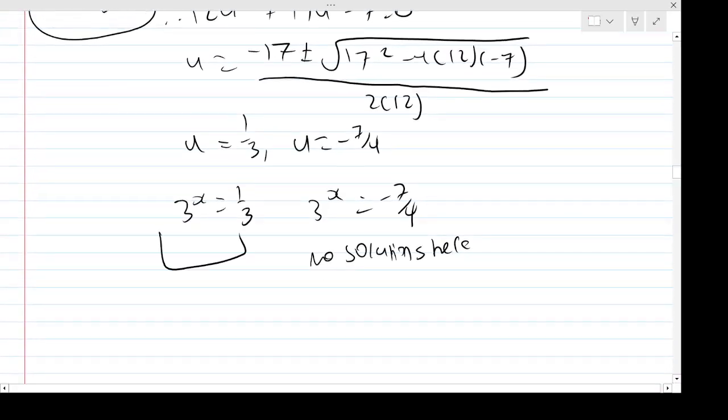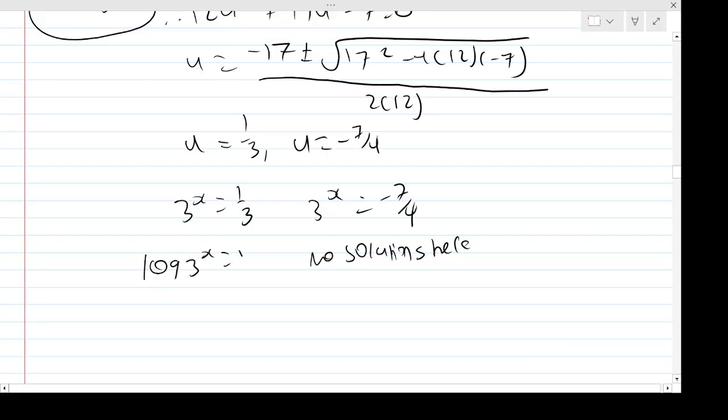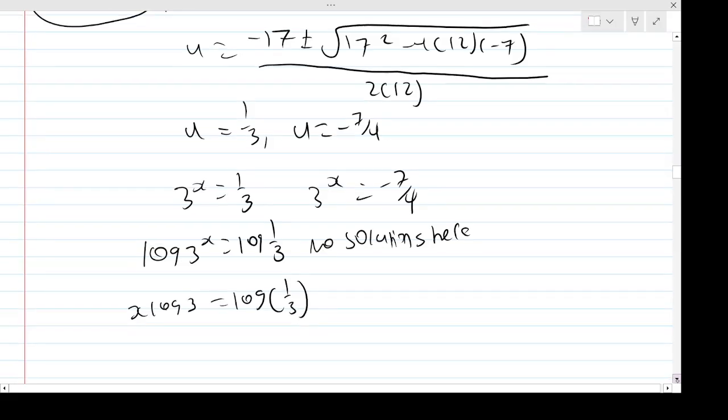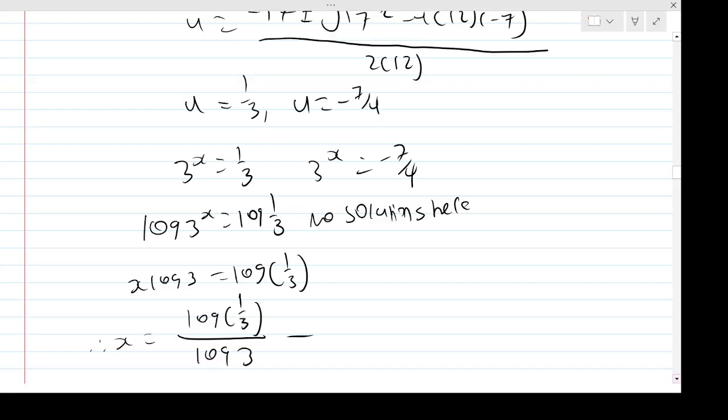Okay, so then we can solve this equation. So 3 to the x is a third. Again, you probably won't spot what the solution will be if you think about powers. But if we take logs, then log of 3 to the x is log of a third. So then x log 3 is log of a third. So then simply x is going to be log of a third divided by log 3. And so if you put that in your calculator,